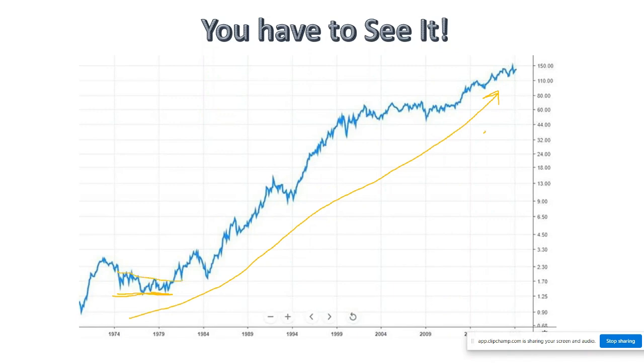Boom. That's not straight. I'm gonna make it straight. See that? So where's your buy point, ladies and gentlemen? Around here. If you want to short it,